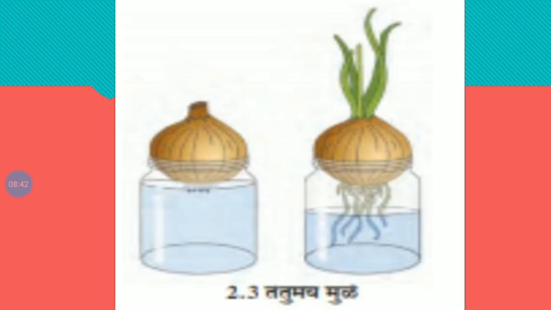Dicotyledonous plants have taproot while monocotyledonous plants have fibrous root. See, these are the most important points. Dicotyledonous plants have taproot and monocotyledonous plants have fibrous roots. Okay,